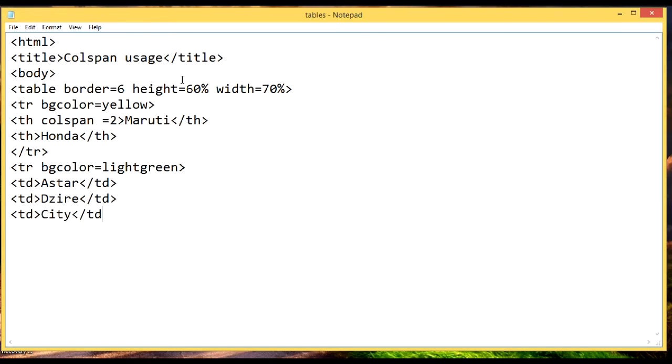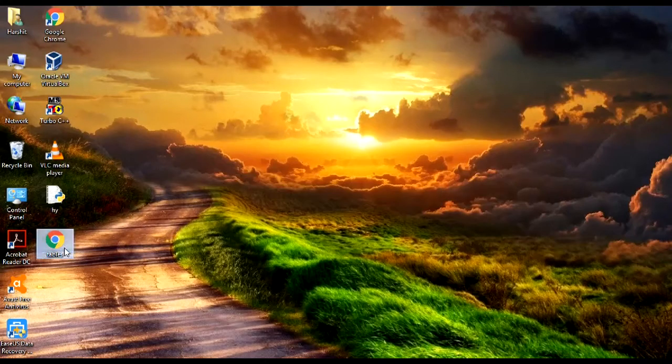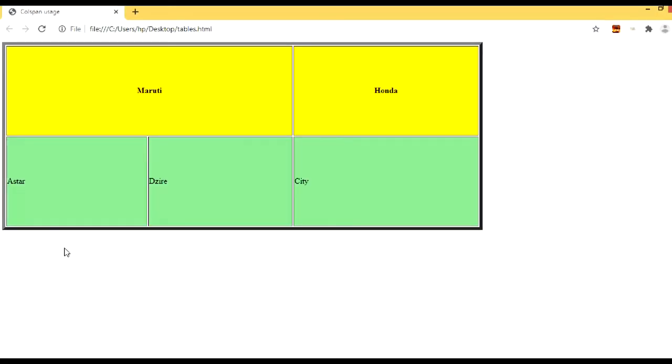So as I have written colspan equals 2, you can see that the number of rows defined below it, Star and Desire, were 2, so these 2 are categorized under the Maruti one. All of Maruti is categorized into 2 columns which include 2 rows, that is the Star and the Desire. So one cell is merged across 2 parts, that is the Maruti one, because the colspan was equal to 2, and you can see that Star and Desire are coming over here. So this is the purpose of using a colspan.